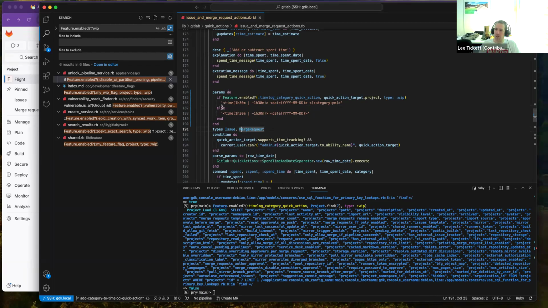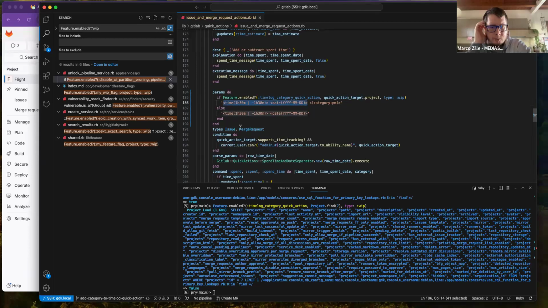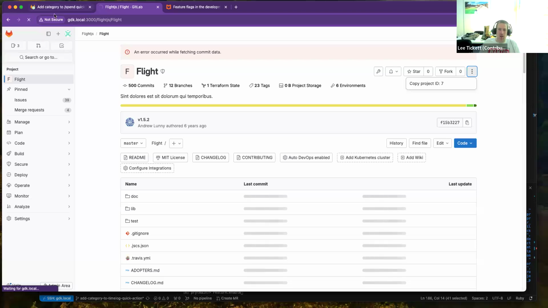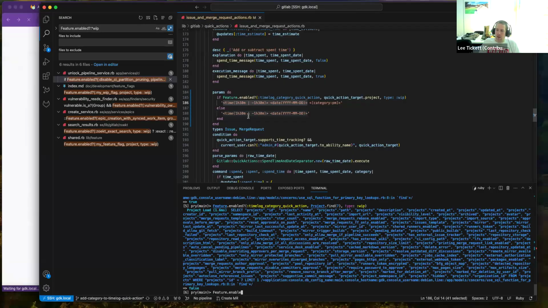Can I make this smarter? Because this bit's repeated. But that didn't work, so enabling that for the groups. Yeah, so I need to do it for the project specifically, right? So feature enable. So let me just triple check from the front end. Yeah, I think I'm gonna have to kick it. Maybe. Yeah, I wasn't sure whether to do something like